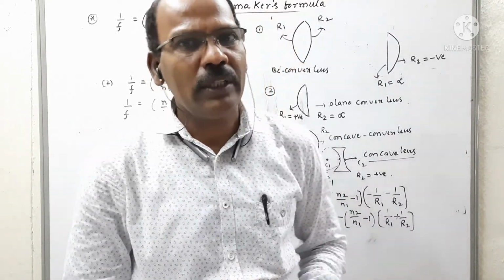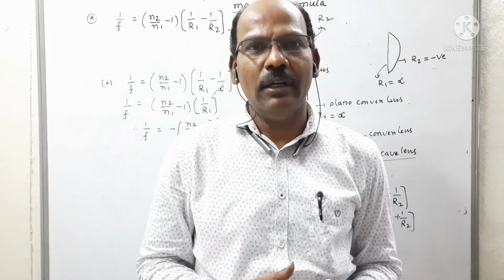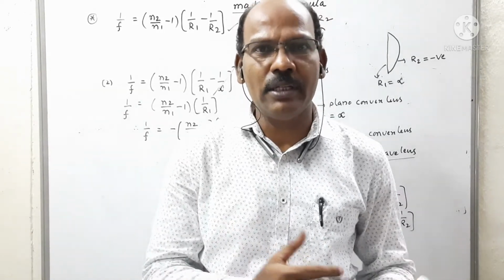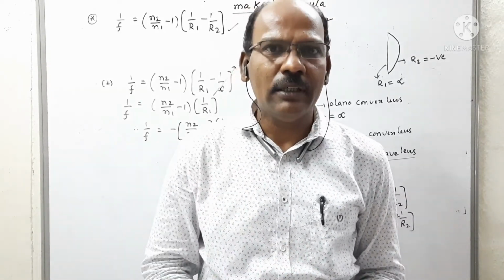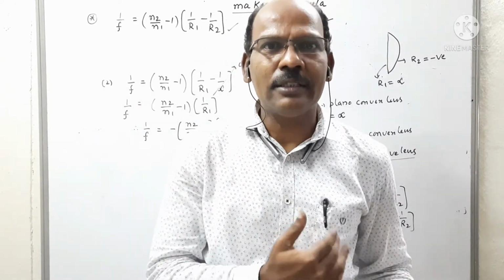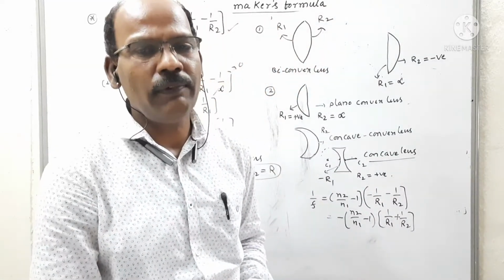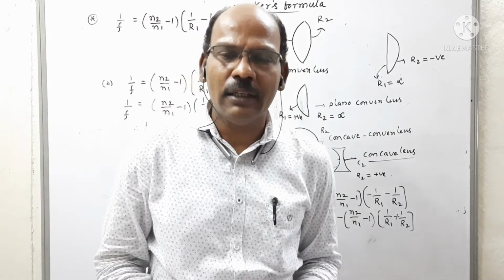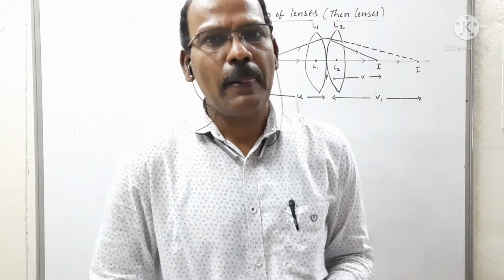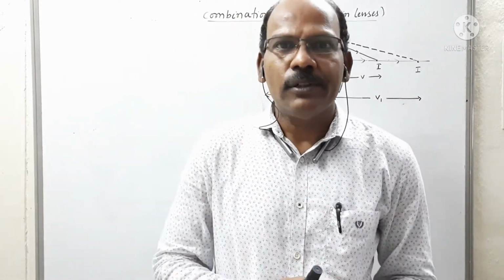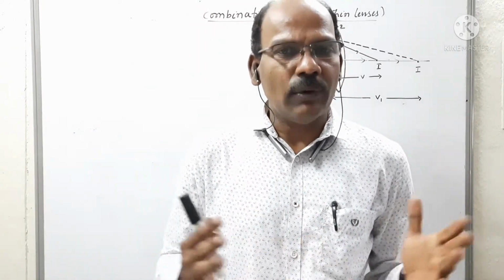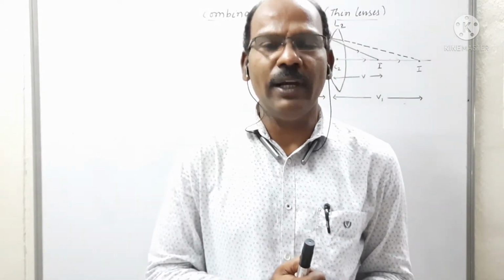Coming to what is the equivalent focal length in the case of a combination of lenses, and later the equivalent power of the combination of lenses, and finally we solve one or two examples based on the two cases. Let's observe the equation of the equivalent focal length of the given convex lenses or concave lenses. Now observe what is the equivalent focal length of two thin convex lenses when they are in contact coaxially, and what is the equivalent power of the combination of lenses.